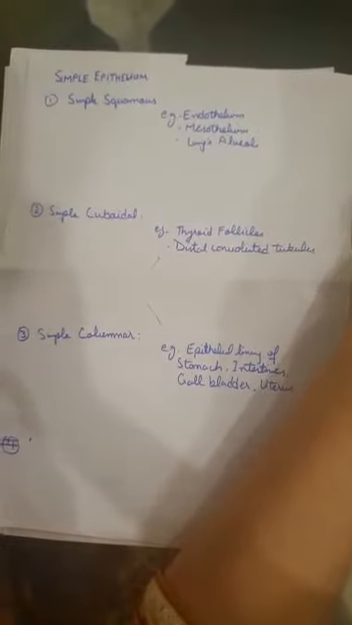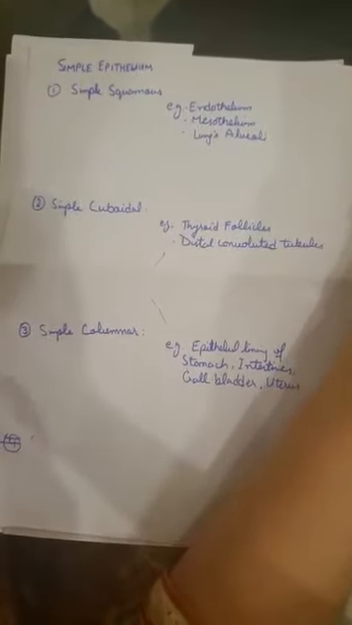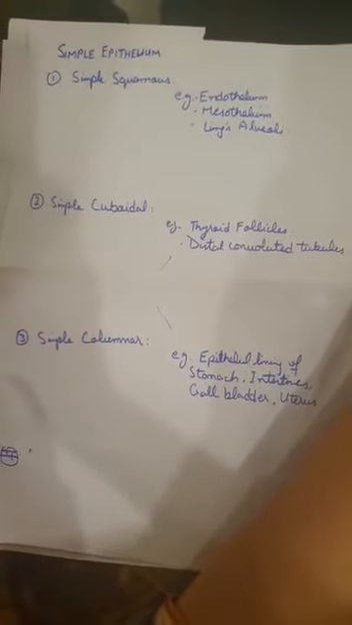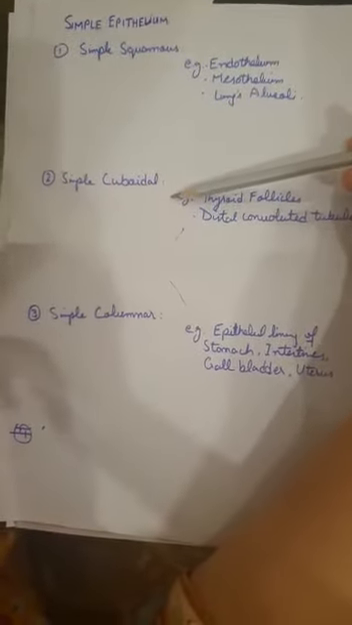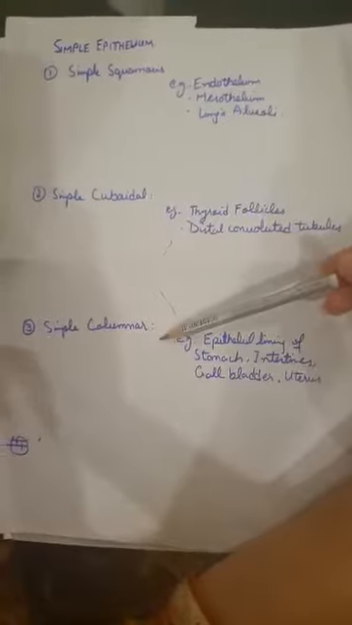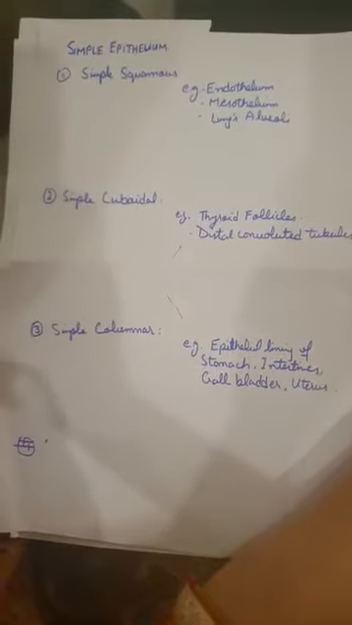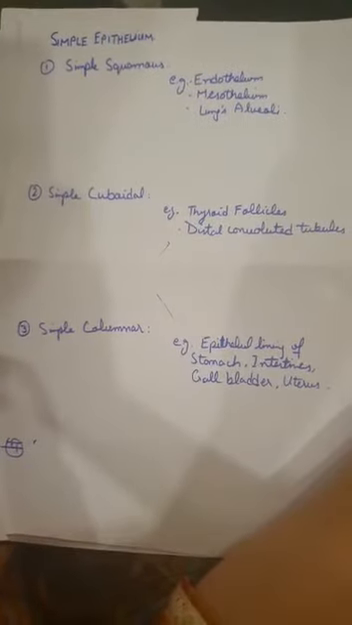Today my topic is the practical of simple epithelium. In simple epithelium we have a basement membrane on which there is a single layer of cells that lie on the basement membrane. What are the types of simple epithelium? As you have already studied, there are simple squamous epithelium, simple cuboidal epithelium and simple columnar epithelium. Now we will discuss them one by one, how we draw them